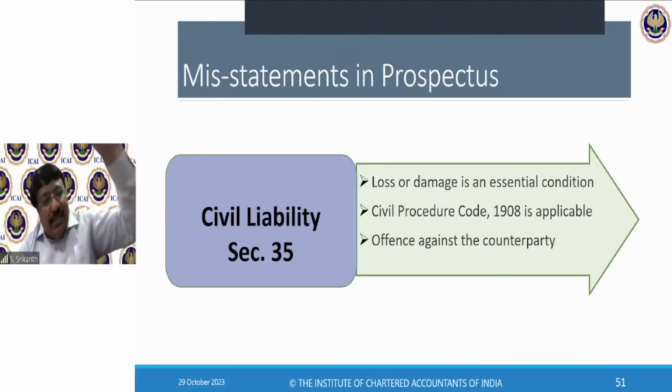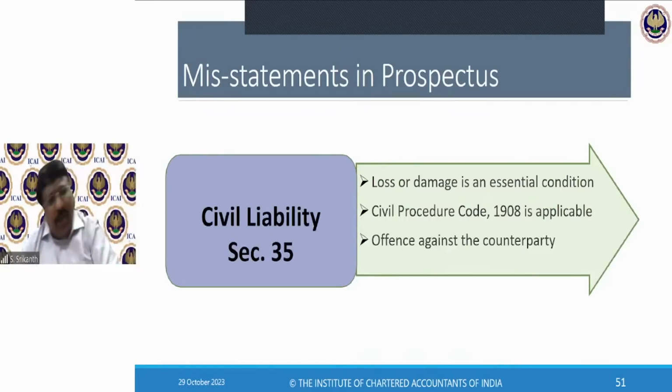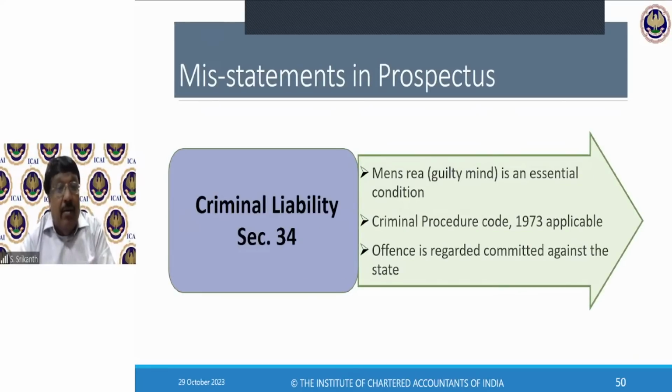See, let us say that there was a misstatement in the prospectus. A bought the share. The share was sold to him at 350 rupees. In the market, that share kept on going up, 500, 600. There was a misstatement, still the share price is going up. Where is the loss? Where is the damage? Are you able to understand? So for civil, but still criminal liability is there because there is a misstatement. For that, punishment will be there.